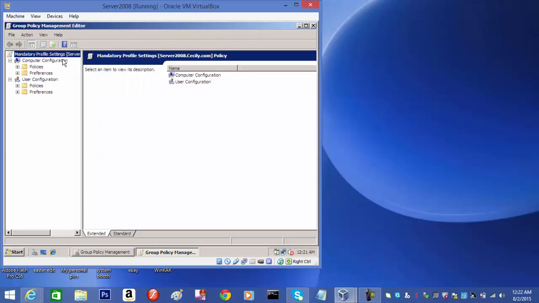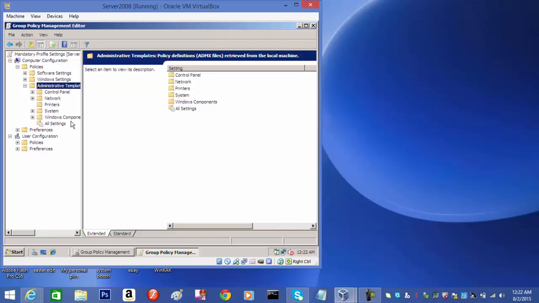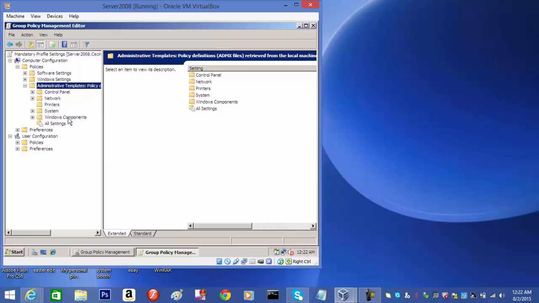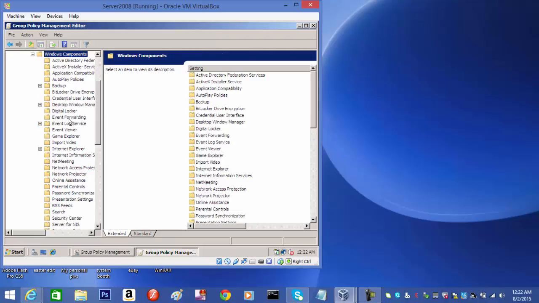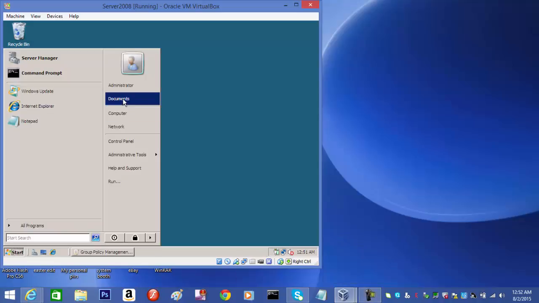computer configuration, see it's opening up. Here we have administrative templates, Windows components. Let's open it up so you can see it properly. So after creating our group policies to activate the mandatory profiles, you can go back to, you see, start, computer,